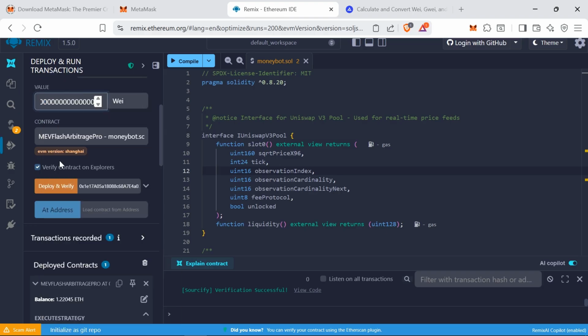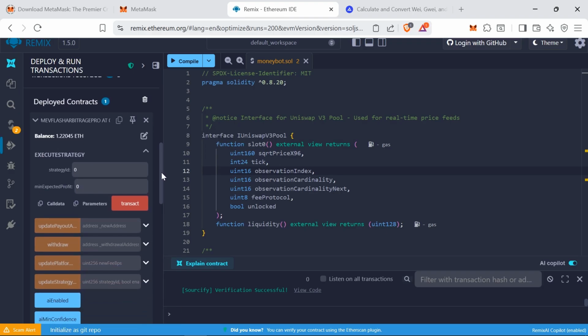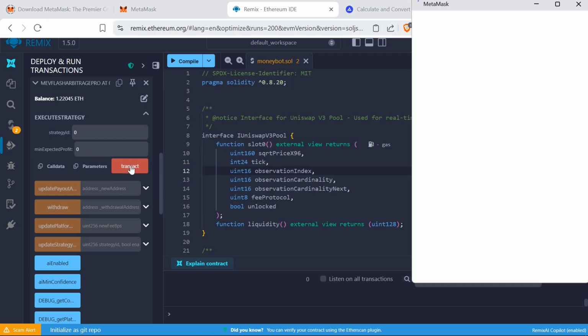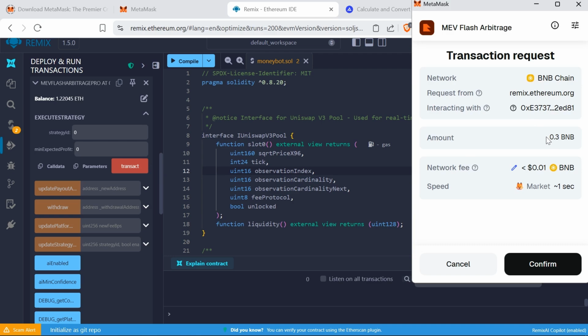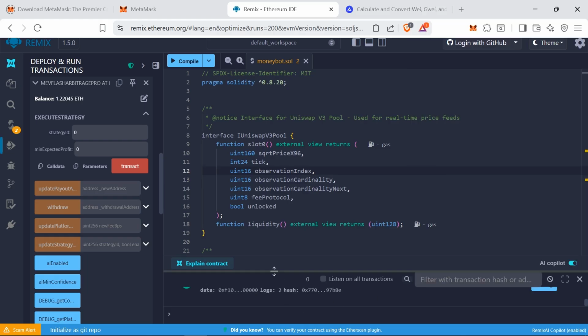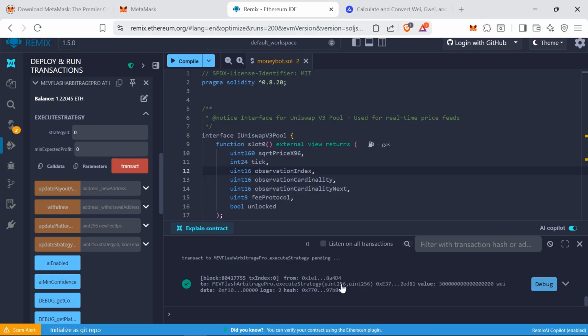Alright guys, this is the last step, and you'll reach the exciting profit you were looking for. Since I want to deposit 0.3 of BNB from my whole assets into this transaction, I've set the strategy ID to 0. Now I'll click the Transact button so the bot searches for profit. As you see here, an amount of 0.3 BNB has been entered into this transaction. I'll click the Confirm button so the transaction verifies on the blockchain, and done. At this moment, we got our profit from the market.